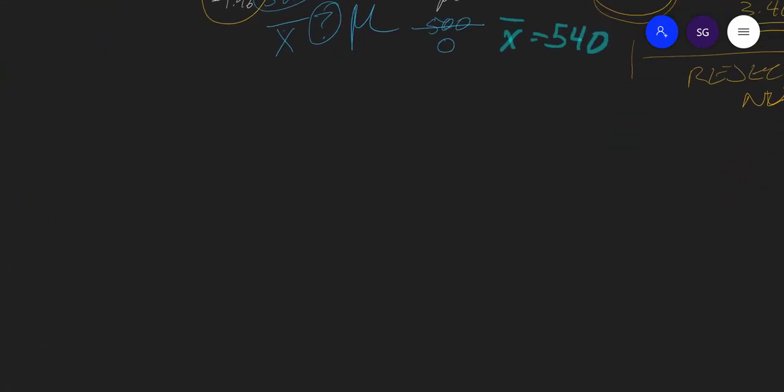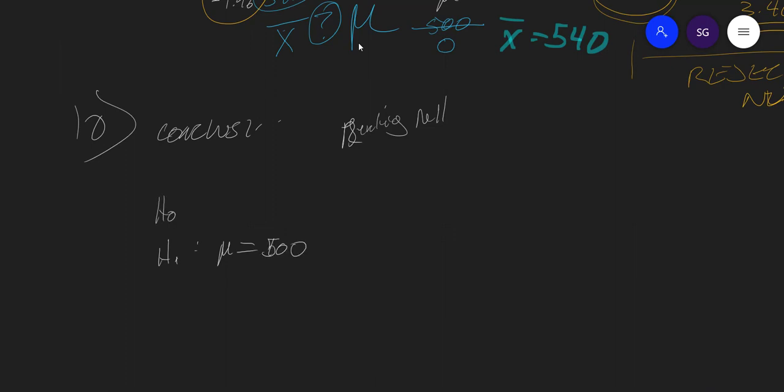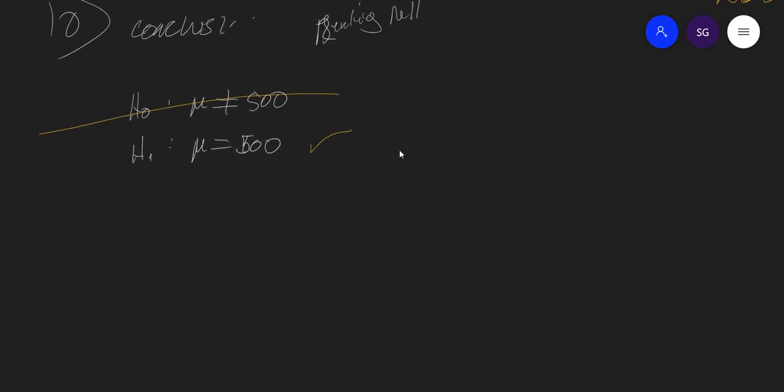Let's go to step 10. Step 10 is state the conclusion. Because I am rejecting the null, let's write them again. H sub 0 is that mu is equal to 500, and H sub 1 is that mu is not equal to 500. So I am turning around and I'm saying reject the null. So this one's out. So this one is an acceptable decision. So my conclusion is